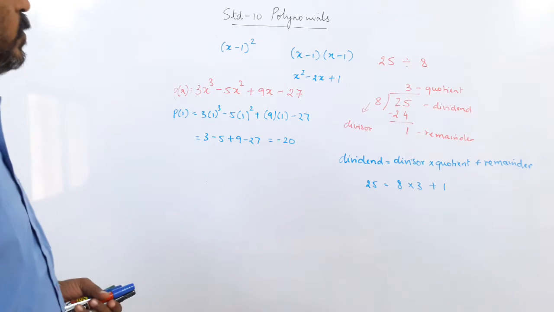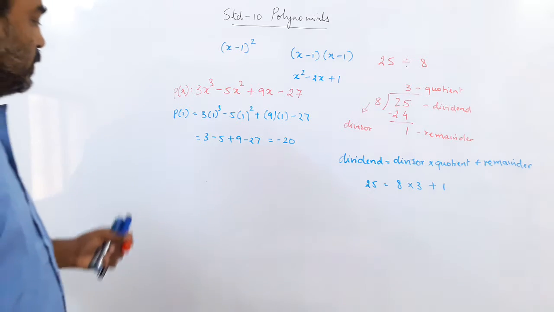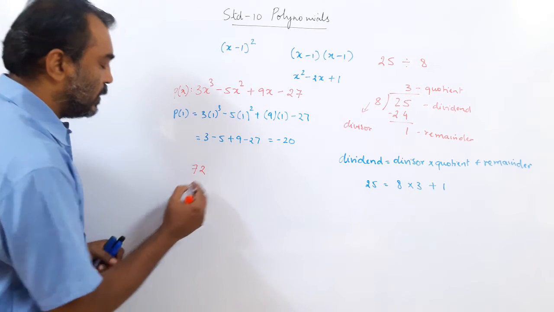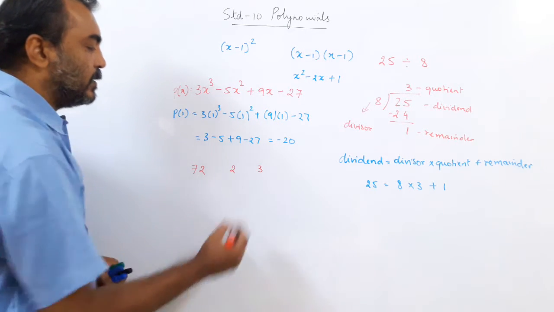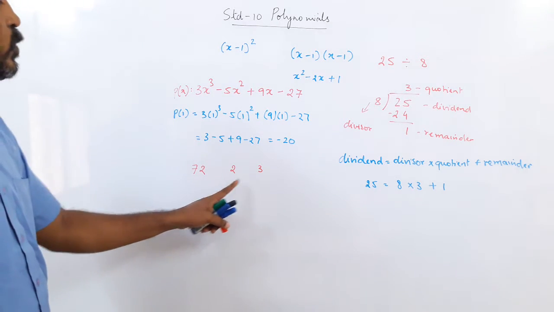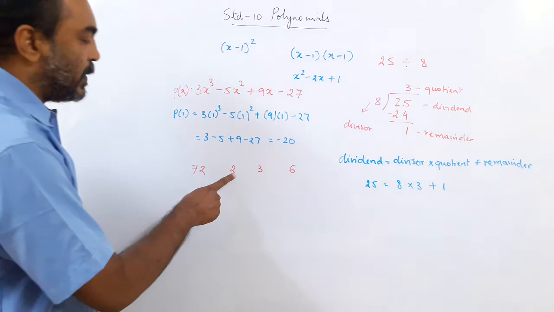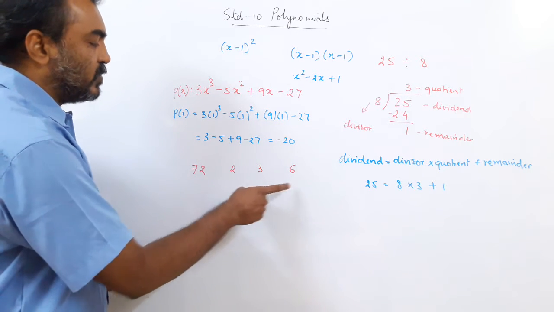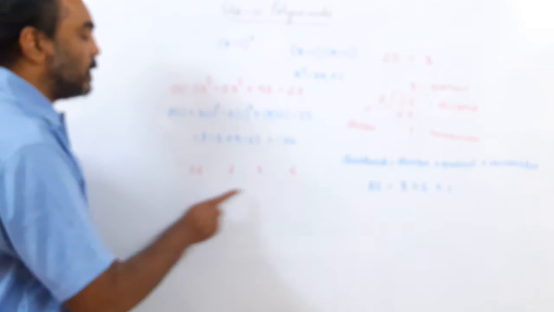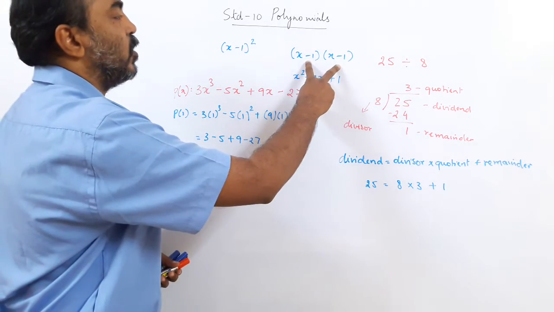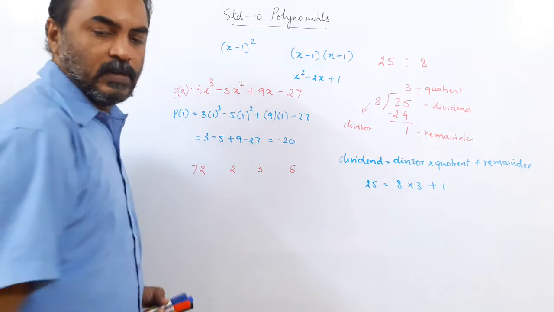You can see very clearly now. You know what I am trying to imply? Let us say the number 72. Now the number 72 is divisible by 2. It is divisible by 3. So we know a number which is divisible by 2 and 3 both is also divisible by 6 always. So 72 is divisible by 2, it is divisible by 3, so it will always be divisible by 6. Same way, for the two factors we have got, if each one is a factor of this polynomial, then the multiplication will also lead to the same factor.